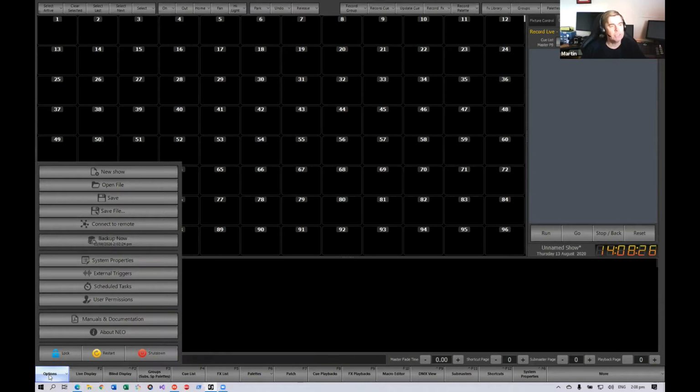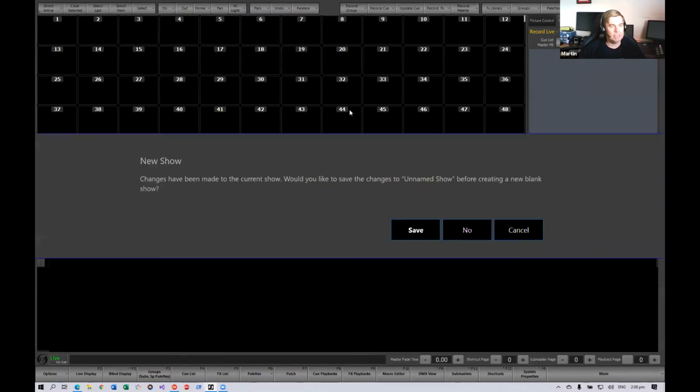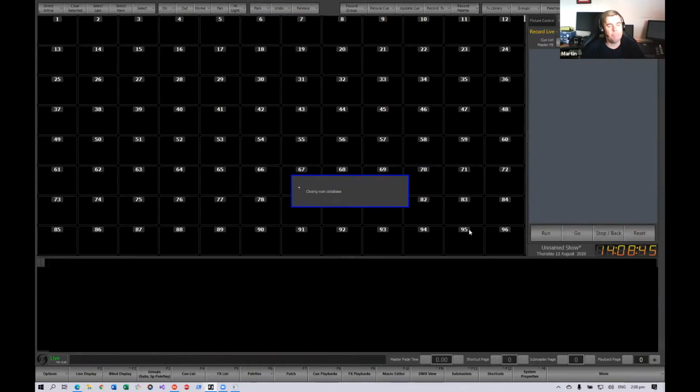loading shows. So if you don't have a one-to-one blank patch like you see on my screen at the moment, go ahead and hit new show in there, and it will probably come up and say, would you like to save changes to what you already have? Just hit no, or yes if you want to save your work, and it'll go and build a new show file